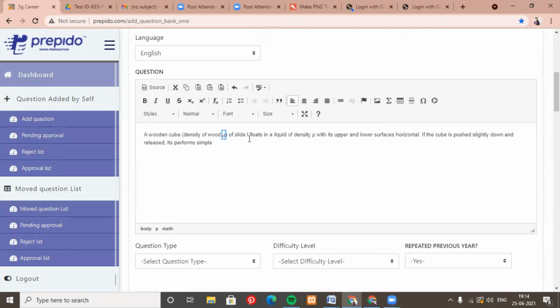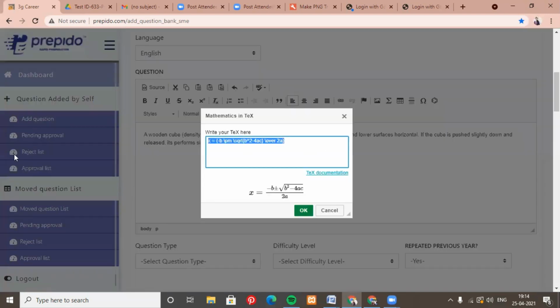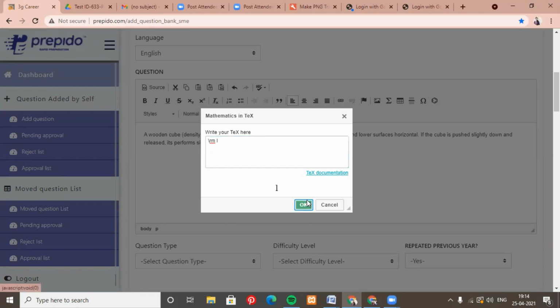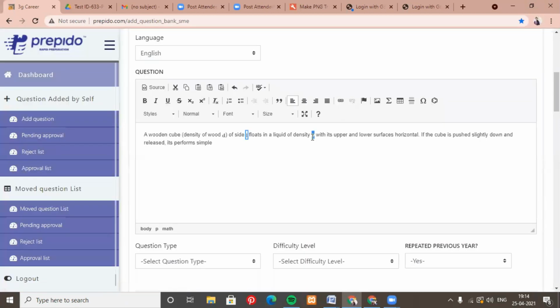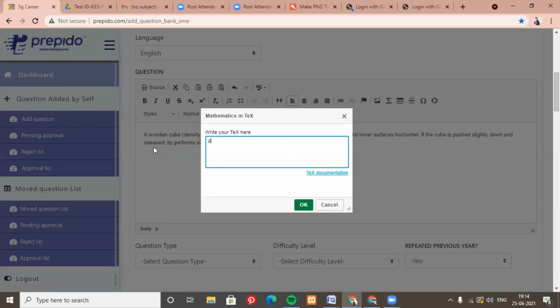Yes, ma'am. Then this is a side item. All these spelling errors you can correct if you're sure. L will be entered in Roman. For entering it in Roman, you'll use /rm. Then density rho. For this, you'll follow the same method.